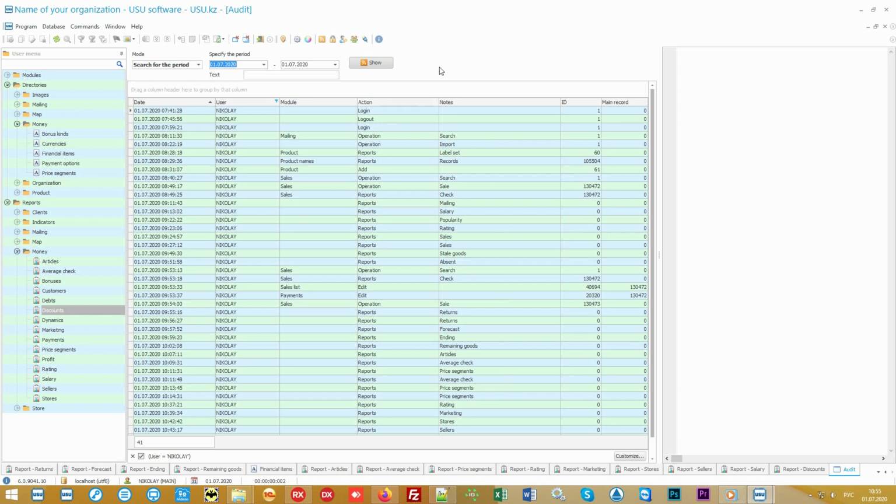Moreover, you can even order a connection with video cameras if they are installed in your store. And then, our software in the credits of the recorded video stream will include information about user actions in the software. How does it work? For example, when watching a video, you will see the buyer gives a certain amount of money to the cashier. At this time, the credits in the same video show exactly how much money the cashier is putting in the software at the moment. If the amounts are different, then the employee will put the difference in their pocket.